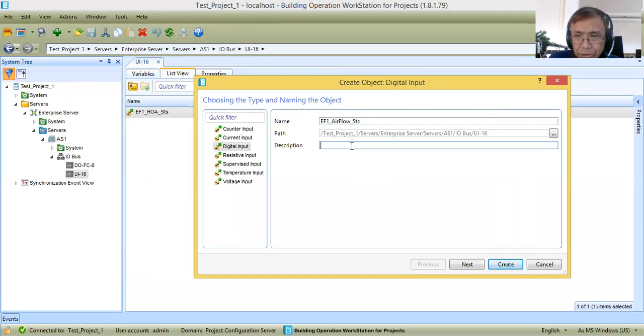You should use a description that is descriptive, meaning it will give you an idea what these input points are. So I will say EF1 airflow status.